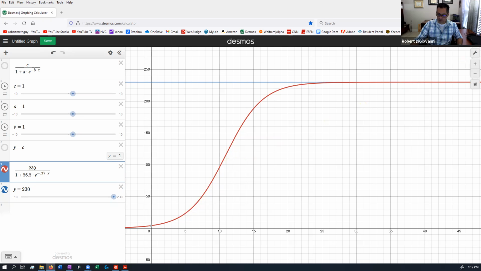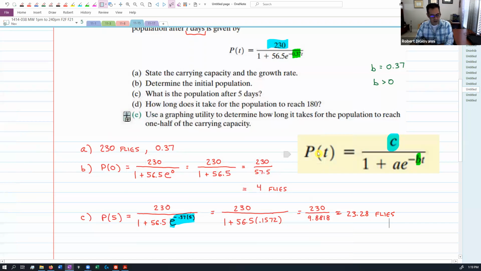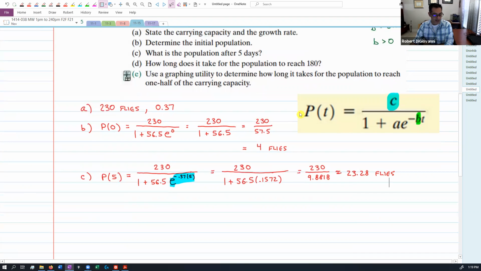So what's the next question asking? How long does it take for the population to reach 180? So now instead of them telling us how many flies are there after a certain amount of time, they want to know how long it's going to take to reach 180. So this time for part D, we're going to take the equation, the formula,